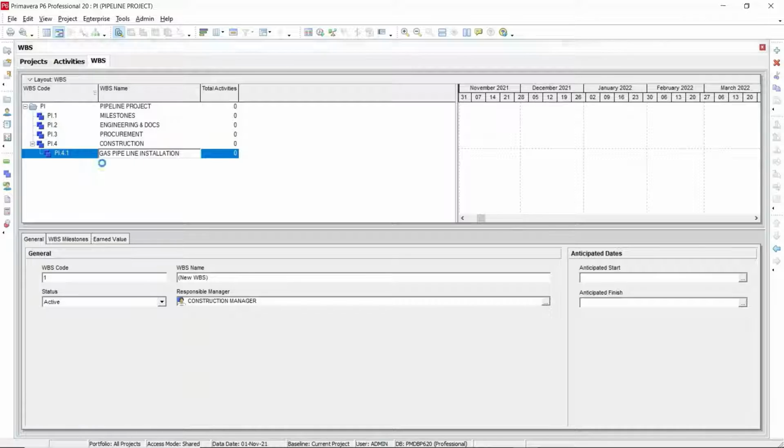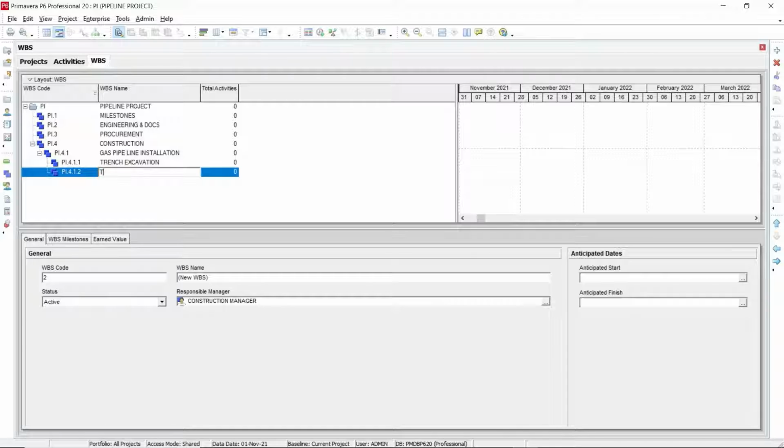So you are going to add gas pipeline installation. Under the gas pipeline installation, again you are going to divide it into different WBS elements. The first WBS is the trench excavation. After the trench excavation, next is the trench preparation, but trench preparation is at the same level as the trench excavation, so you need to move it to the left.